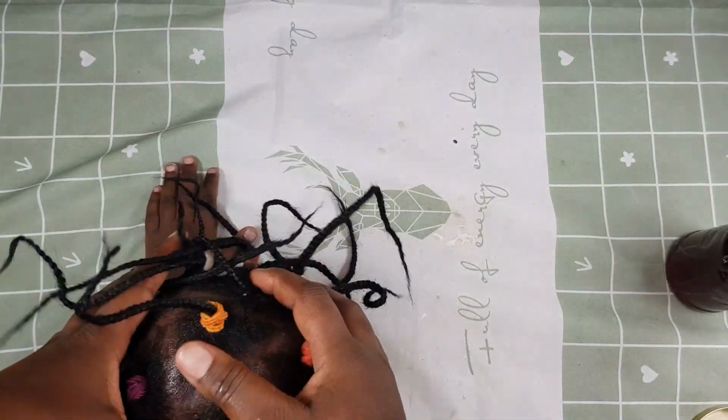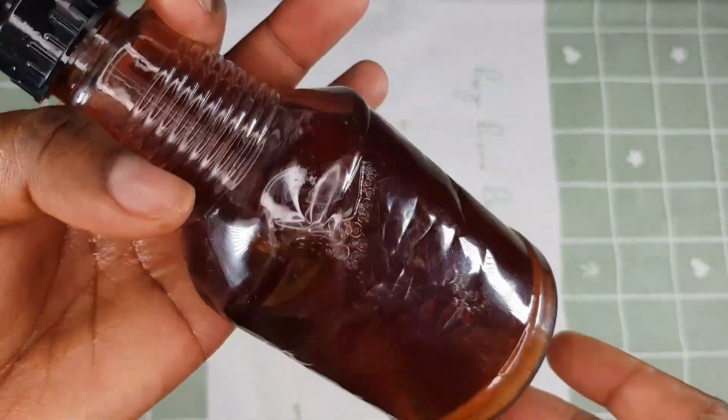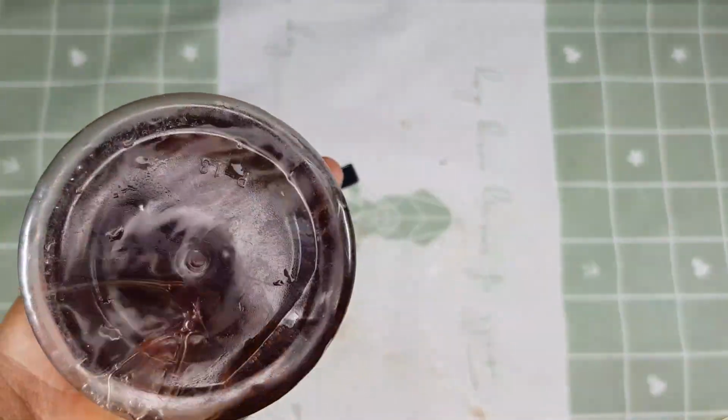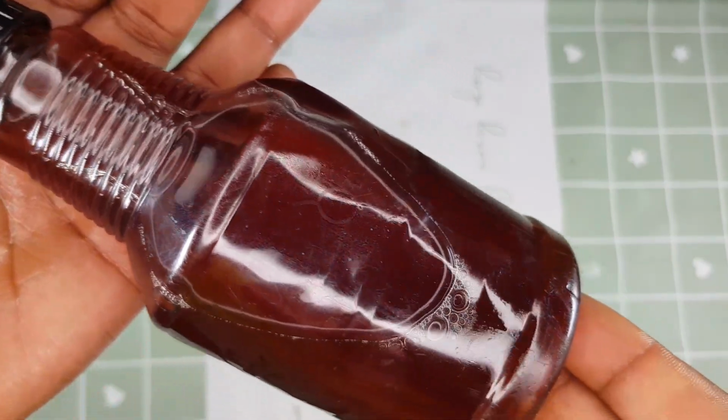So this here is my cloves oil. This is what I used to just seal in the moisture. I did not use too much of it because my daughter was also very restless. She wanted to go back to play. But I wanted to just show